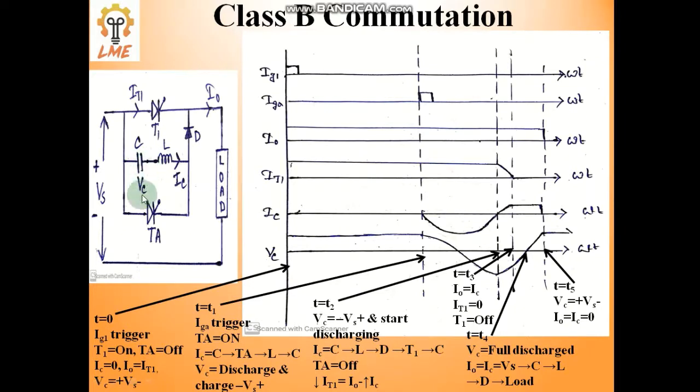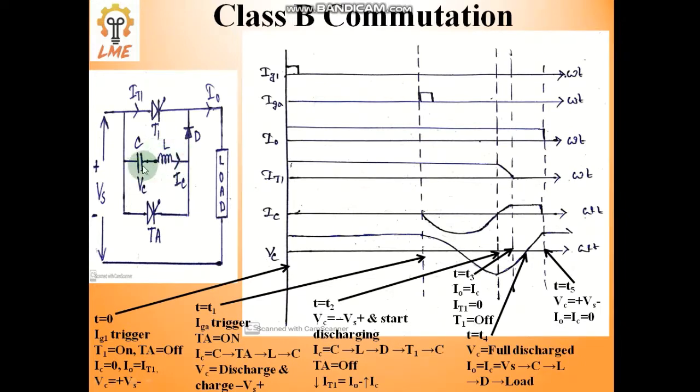In this time, in the second part, we are triggering this on. Then the capacitor current flows anti-clockwise, and the capacitor is fully charged to the opposite polarity. Opposite polarity means the capacitor's this side goes negative and this side goes positive. When this is positive and this is negative, this thyristor is automatically off because reverse voltage is applied across this auxiliary thyristor.